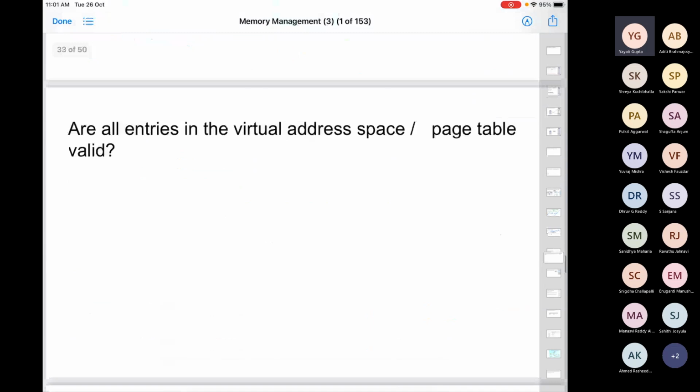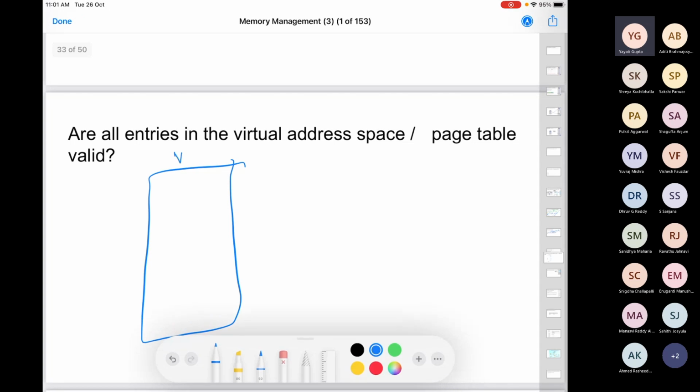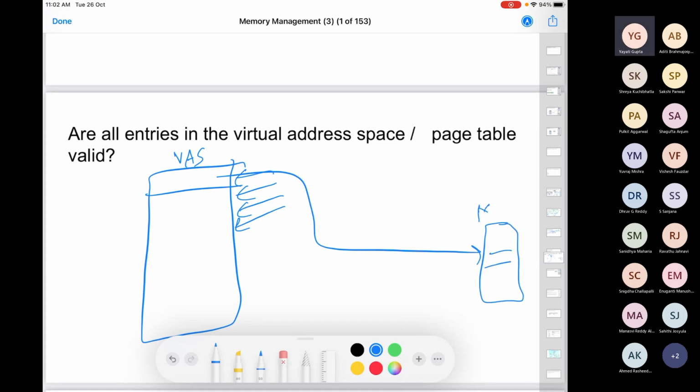So in order to do something with that, realize that all the entries in your virtual address space are not valid. So let's say this is your complete process. This is your virtual address space. There are a lot of locations here, right? What do you think? Is every location valid? Is every location mapped to a particular physical address, or to a particular main memory location? Just now we said, if you look at this internal fragmentation, this last page which you have in this process might not be full, right?